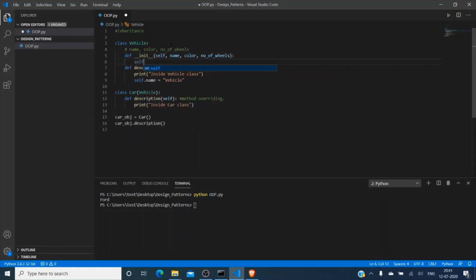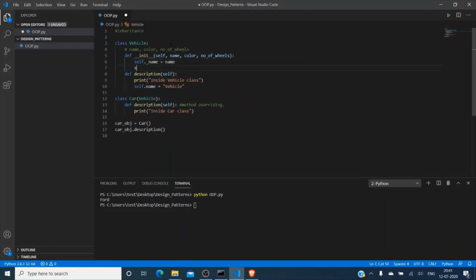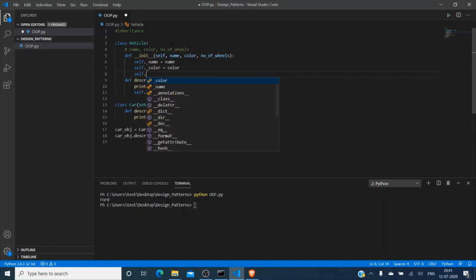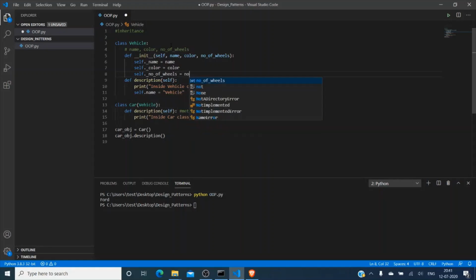Then self.color equal to color and self.number_of_wheels is assigned from number of wheels.